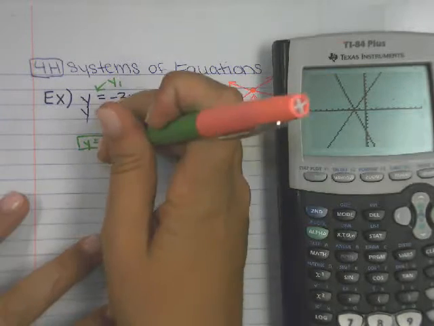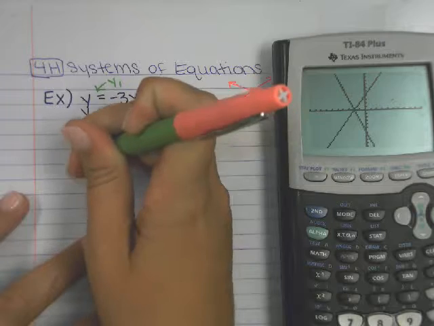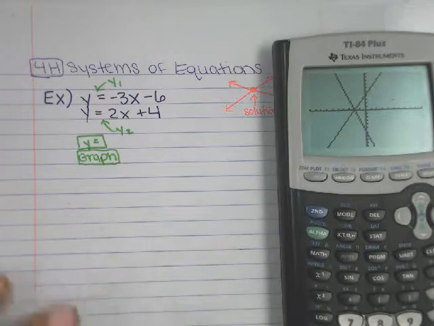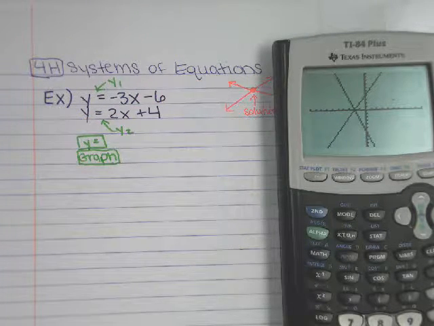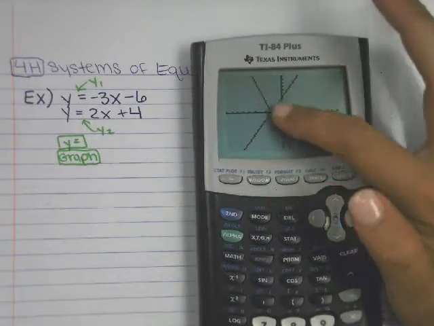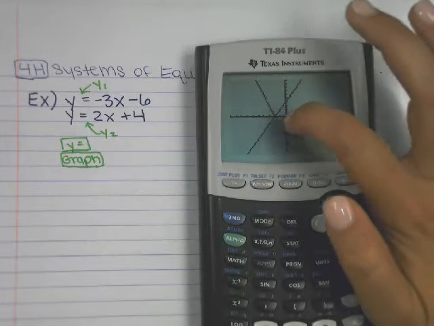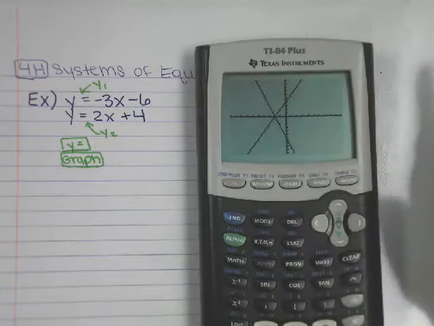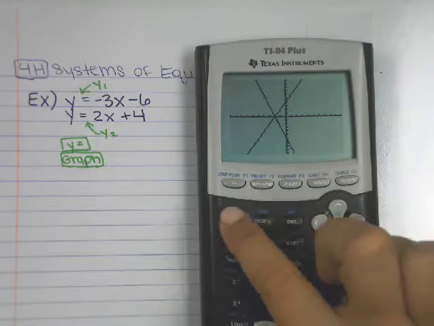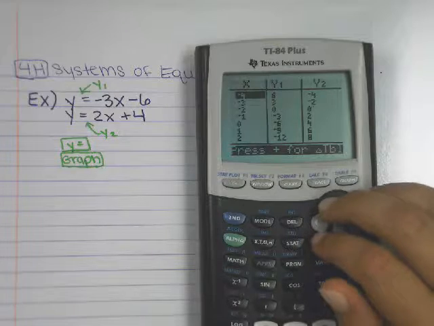This is going to be very similar to what we did in our last unit, our last section, the 4D and 4J section. We are trying to find the points that this line and this line have in common. That's the point where they intersect. That is what we're looking for. Two ways to find it. First way, second graph, will bring us to a table, and we can look for any places where their y